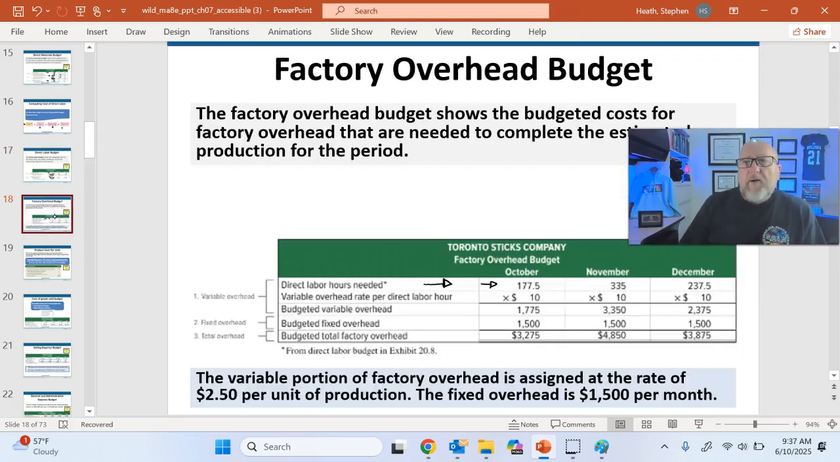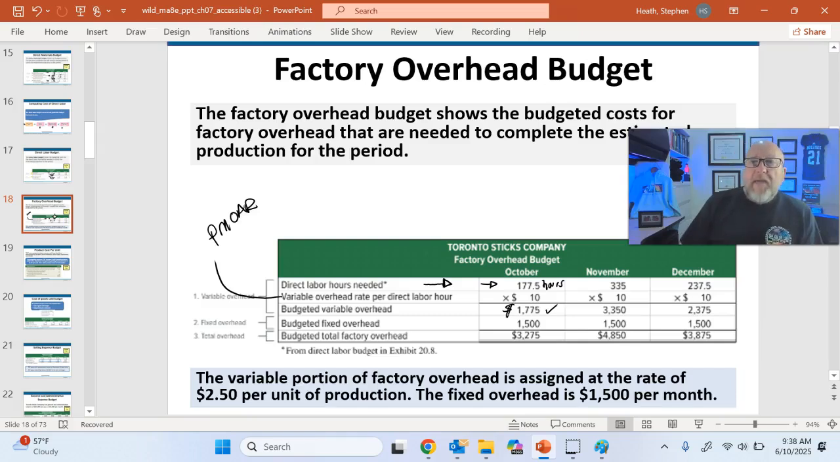Okay, so 177.5 hours, just to make that clear, times this isn't the hourly rate for our employees. Remember, this is the predetermined manufacturing overhead allocation rate, and it's for variable overhead. And so for every labor hour that we incur, we are going to allocate $10 of overhead. Okay. So 177.5 times $10 per hour is